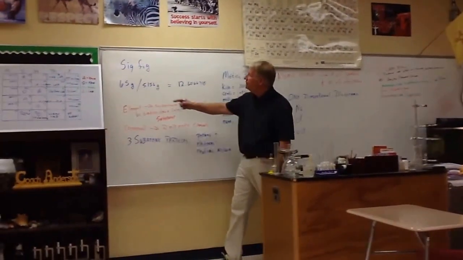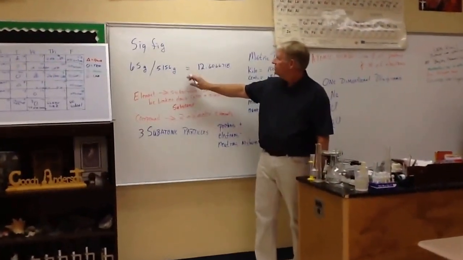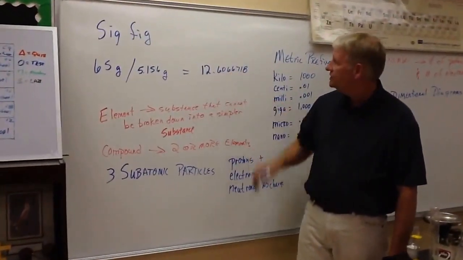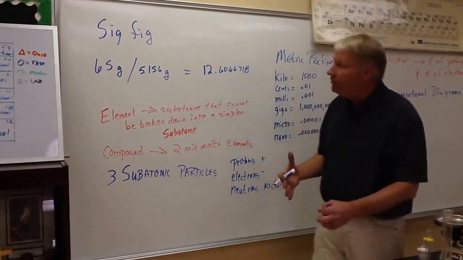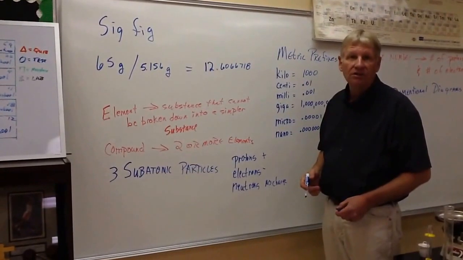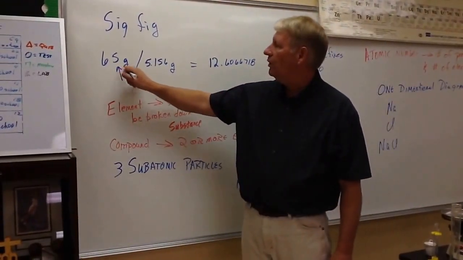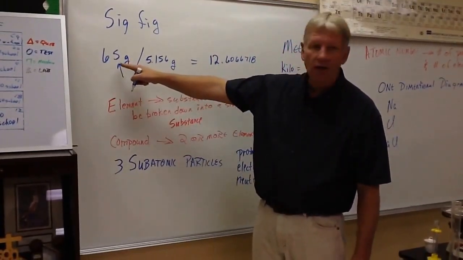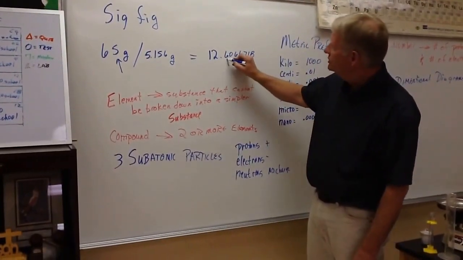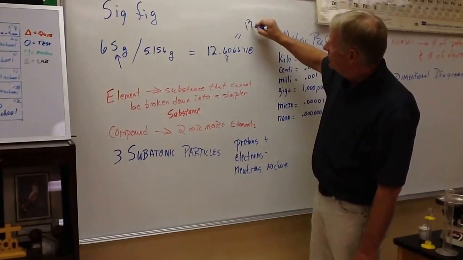So let's say we have something that's 65 grams and we're going to divide it by 5.156 grams. When we put that in our calculator, it's 12.6066718. And we say to ourselves, man, that looks really scientific, that's pretty good. But the problem is, remember, a chemist says I can only report what I know. So when I look at this, I see that the lowest one has no decimal places, so my final answer has to have no decimal places. Since that is greater than a 5, that's a 6, so the answer here is going to be 13